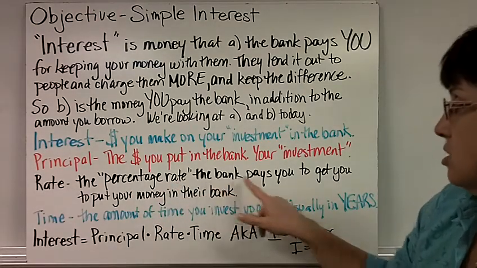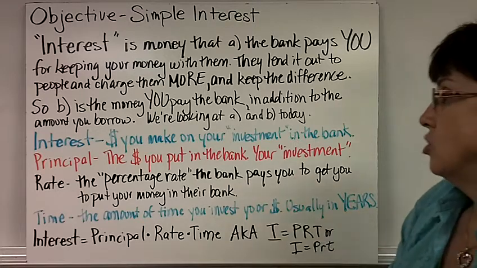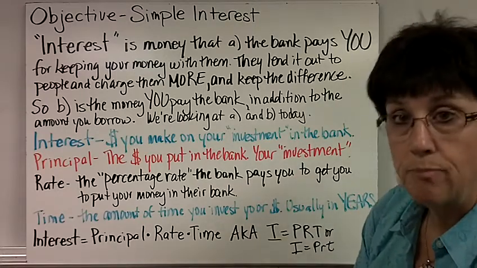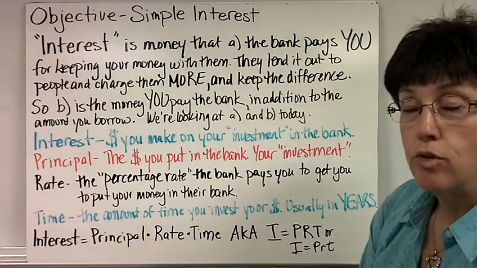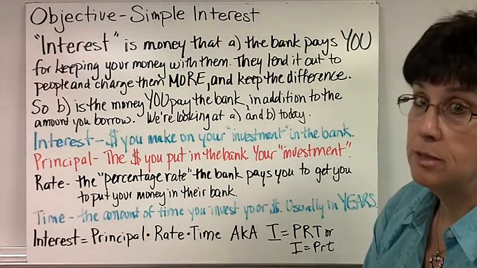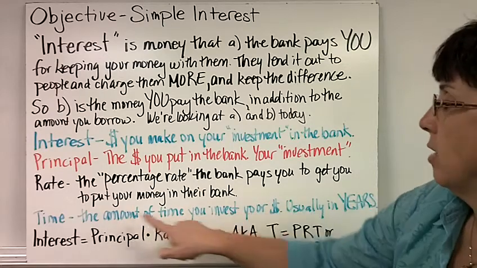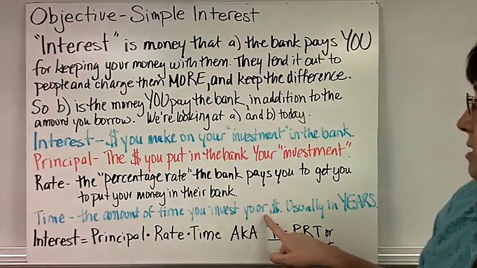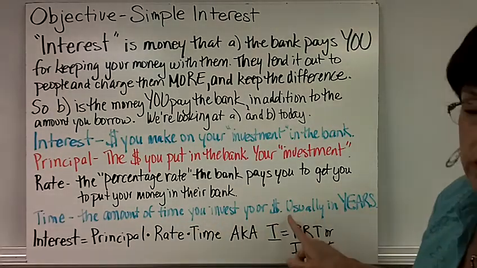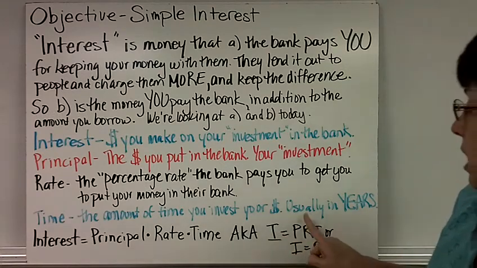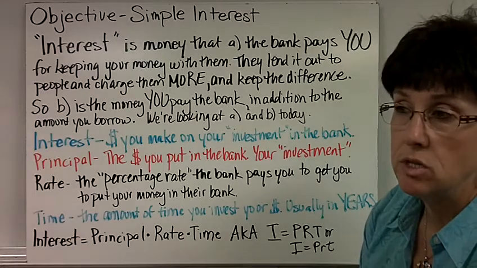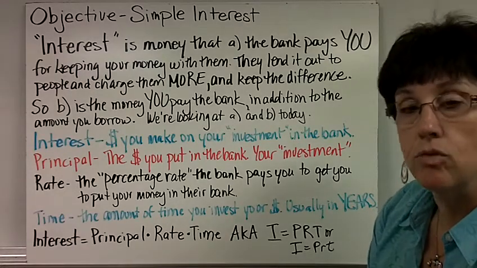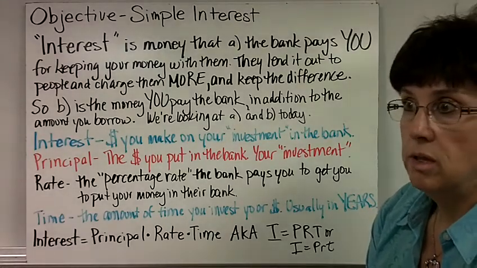That's the percentage the bank pays you to get you to put your money in the bank, or the percentage the bank charges you for the privilege of borrowing some money. Time, the amount of time you invest your money or the amount of time you borrow the money. And it's usually in years. You need to remember that it's usually in years. So if it's not an annual rate, if they tell you 9 months, you need to think, oh, that's 3/4